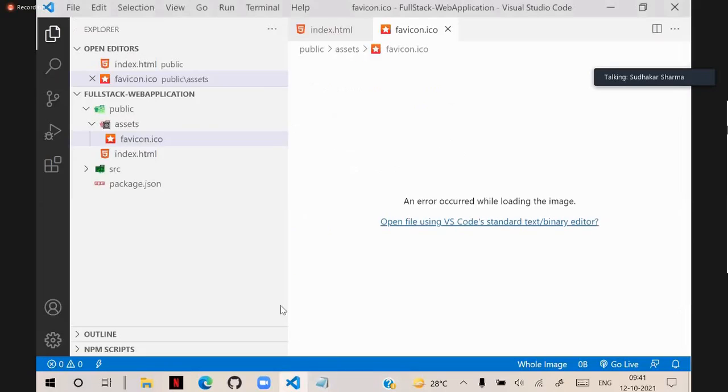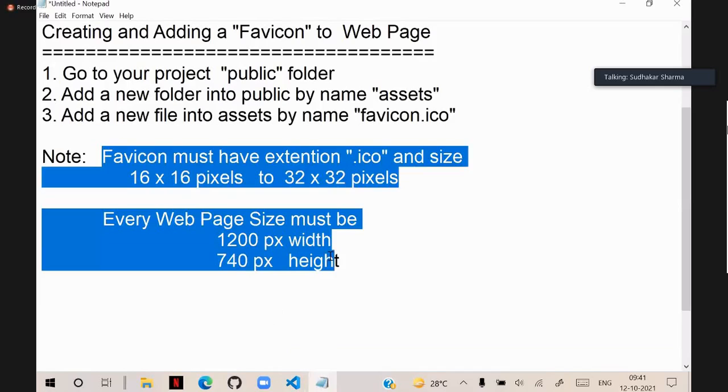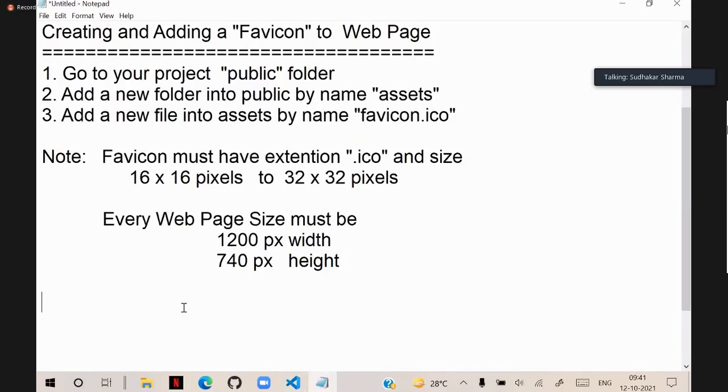You already created the file favicon. Now you have to design this favicon. The rules for designing we have learned. Then how to design it? Now what you have to do, next step, is open your